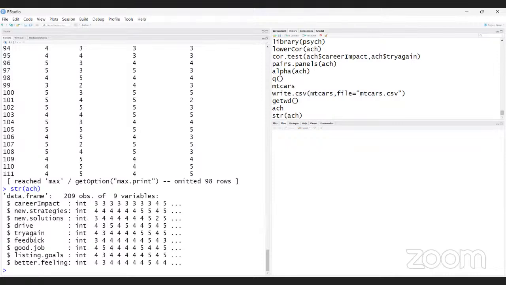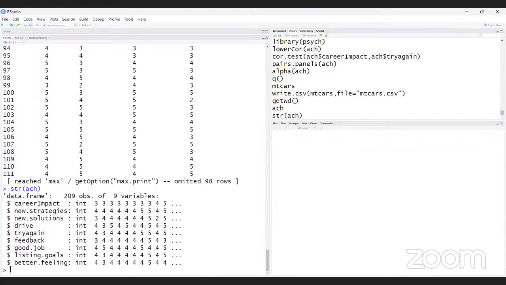This is clear to all of you. 209 observations, 9 variables. Hello, visible? Yes, sir. So my interest is to find out item total correlation. That is, each item should be correlated with the total score.